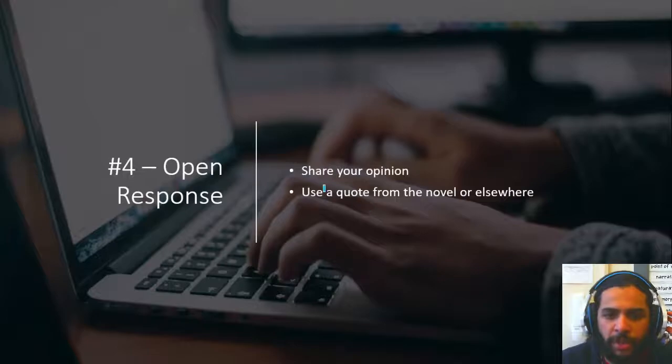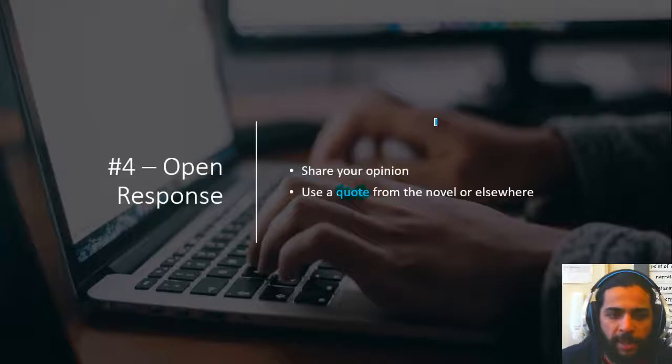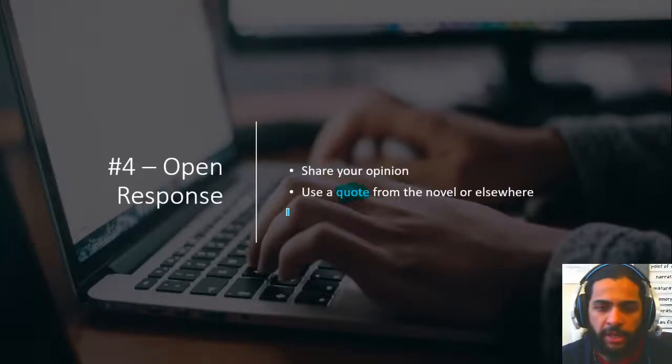Finally, the open response, share your opinion. Don't overthink it. Like I always say, you are just sharing your own personal opinions on the topic or theme. Use a quote from the novel or elsewhere to support your answer. Like I always say, you have 4 quotes in your chart, so you can just look at one of those, match that up with your topic, and paste it right into your paragraph, okay? And I did put a little rubric to make it a little easier for you to write your open response so that you know how you'll be graded. Just take a look at the rubric right there in your Google Doc, follow the directions, and you're golden.